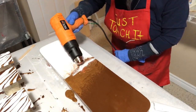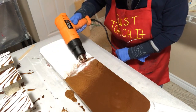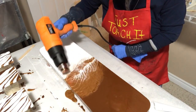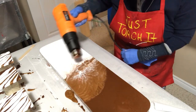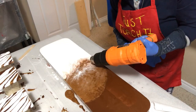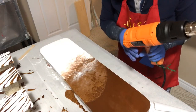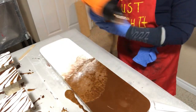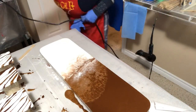Move this white if I can. There we go, into the gold. See, it's manipulation. It's manipulating your colors over the base coats that gives you your lacing, your threads. Okay, oops, almost forgot about our